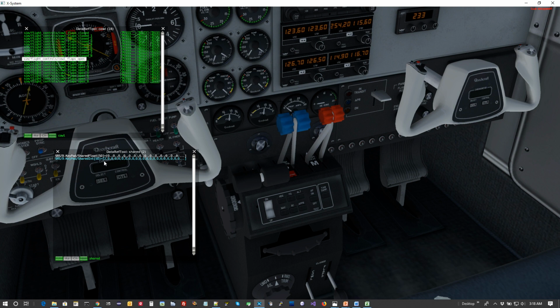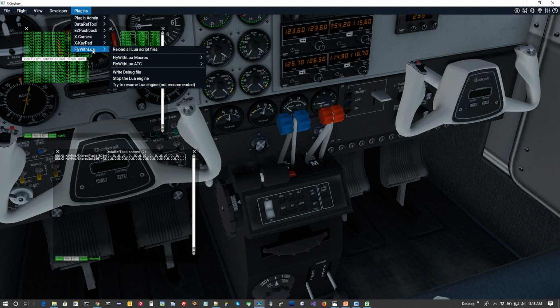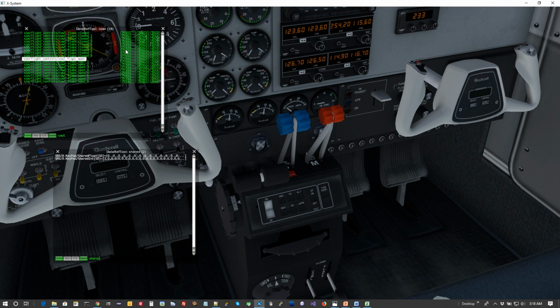Cowl flaps open 50%. Notice how that integer, that data ref shared int number 1, the very first one here, or 0, is incrementing. Cowl flaps open 75%. Cowl flaps fully open. Cowl flaps open 75%. So you see how that works? Now, nothing's going on down here because I shut the Lua engine off, okay? So now I'm going to come up here and say FlyWithLua, resume the Lua engine,